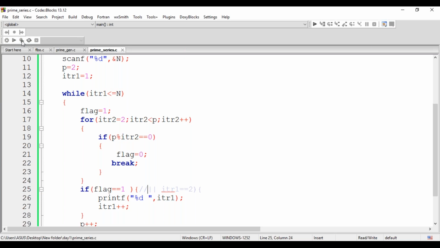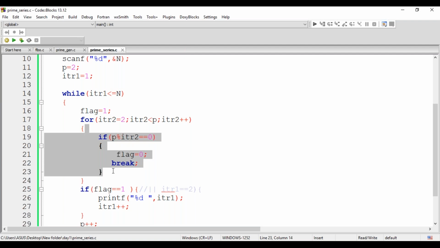No. Even then all the numbers are printed. Why is it so? So why does your flag value always remain? Yeah, ITR2. Did we miss something somewhere? I don't think so. Logical error is there.